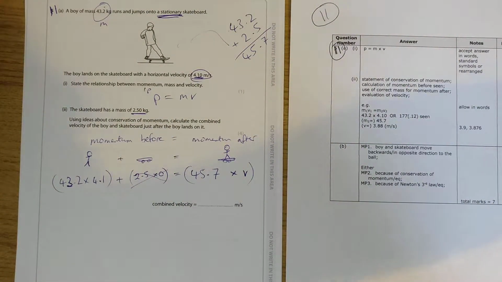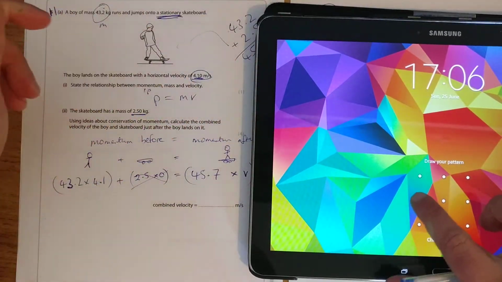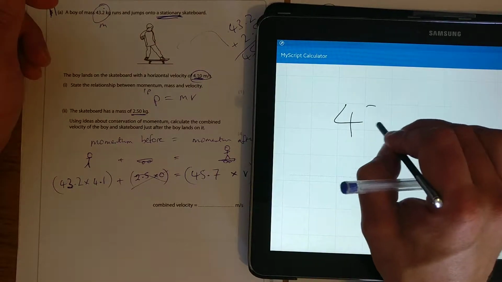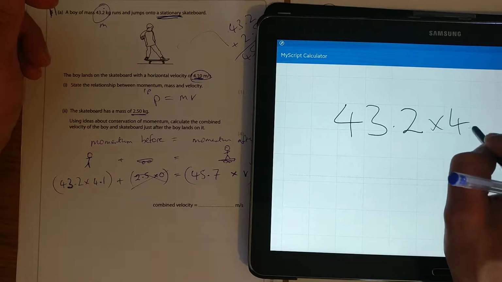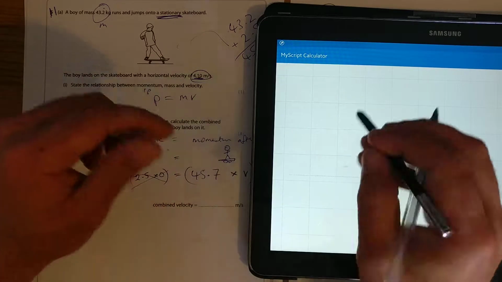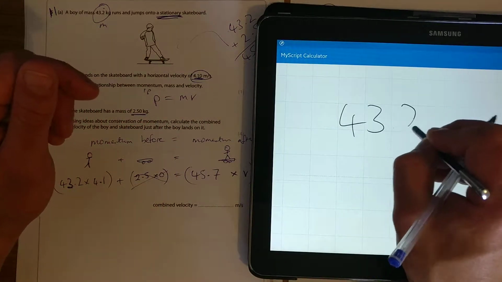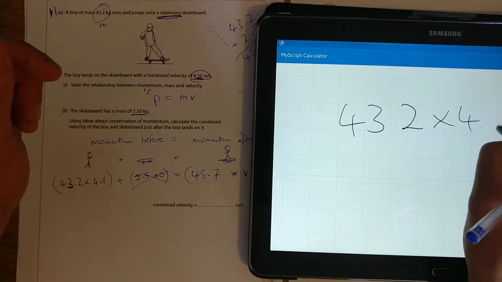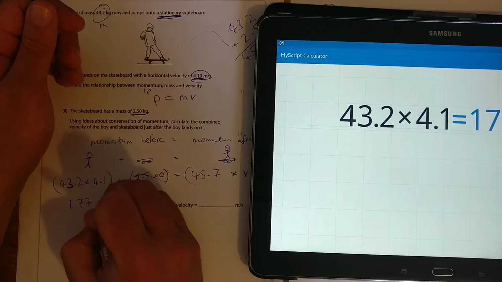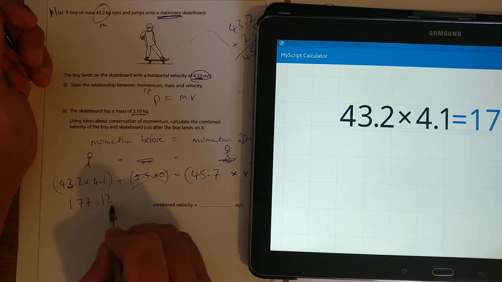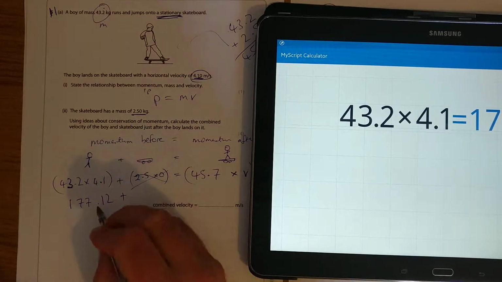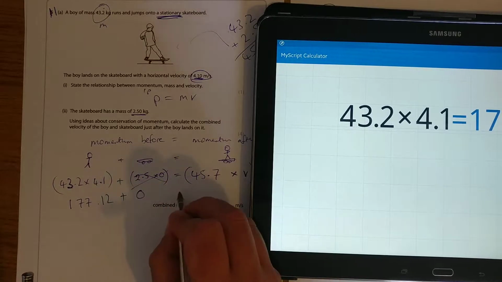So we've got here, I'm going to use my calculator. If we have 43.2 multiplied by 4.1, what do we get? 177.12. In fact, if you had done that, you get 2 marks because it shows that you understand that you needed to work out the momentum. 177.12 plus 0 equals